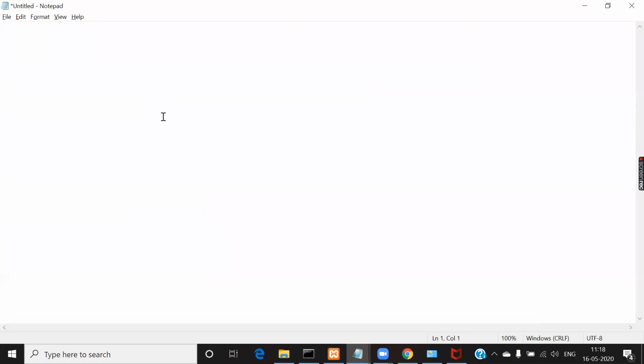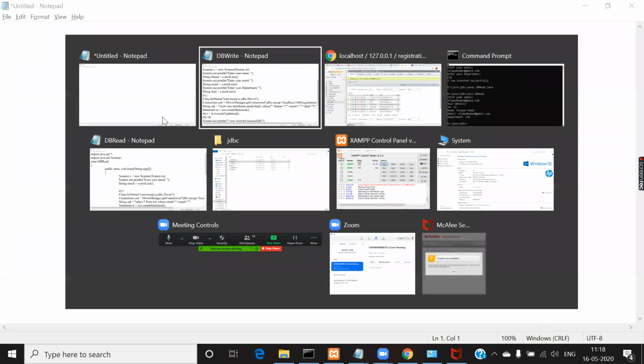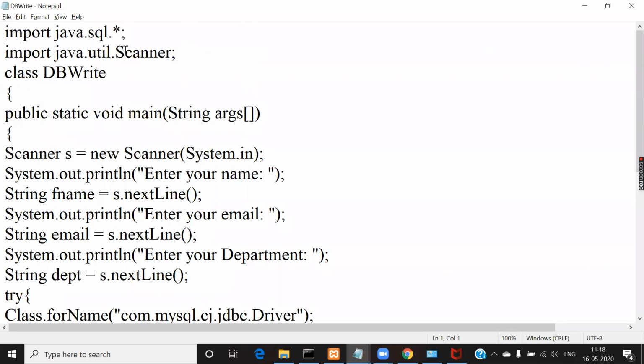So for this program, you have to import a package, java.sql package. So I think sir has explained you about this JDBC API with that PPT earlier. So all those classes and interfaces that are required for us to interact with MySQL database or any other database, they'll be defined in a package called SQL package.